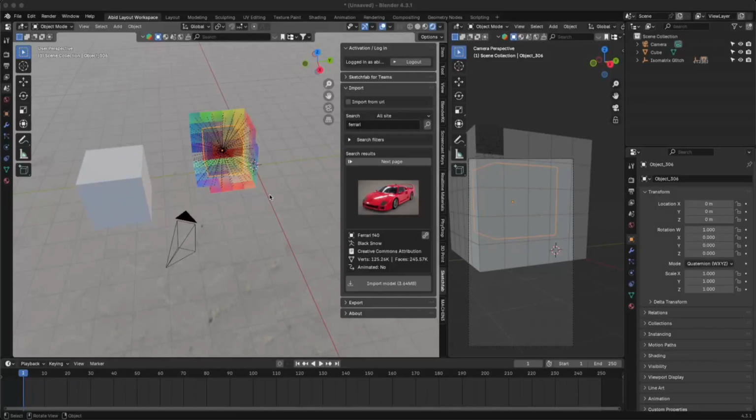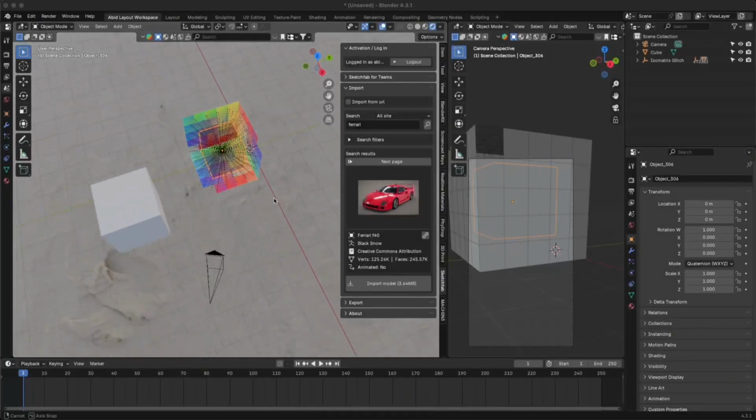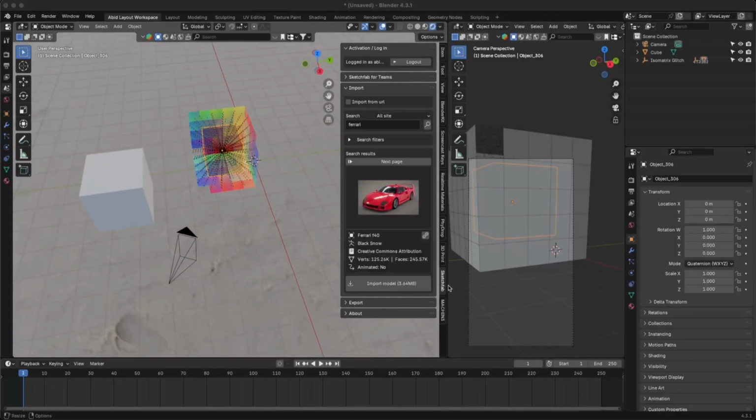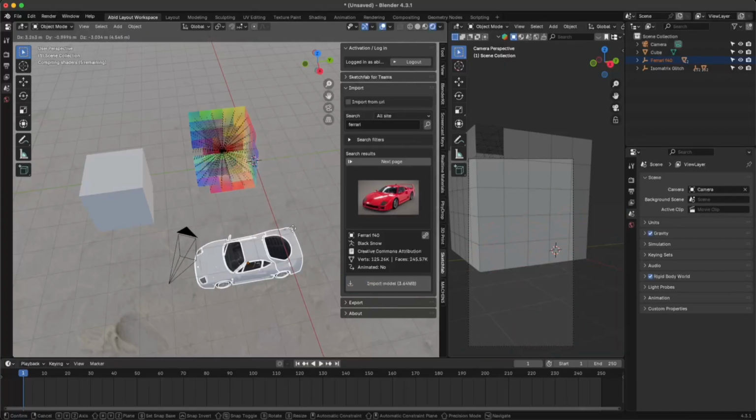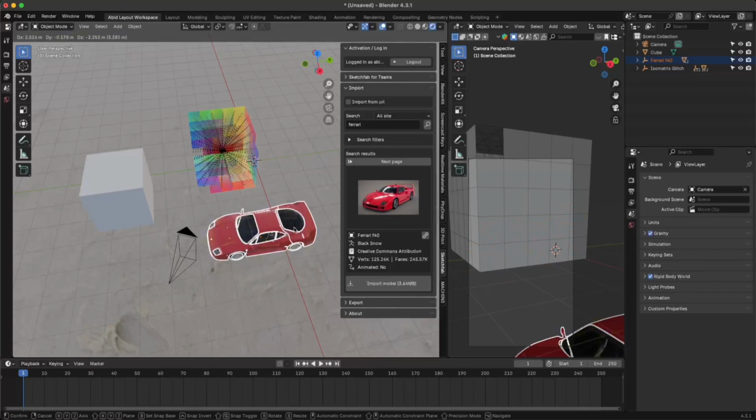Hello everyone. Today we will see how we can install the Sketchfab plugin here in our Blender 4.3. I am using the 4.3.1 version, and here we can see that if we click on import, then it might take some time to import the model based on the model size and your network speed. So sometimes this happens that the model is being downloaded and we see that there is nothing happening in the